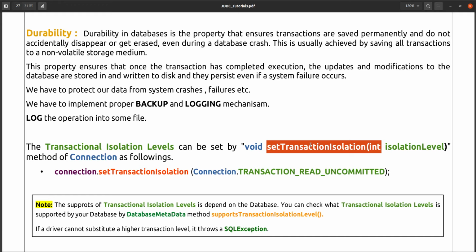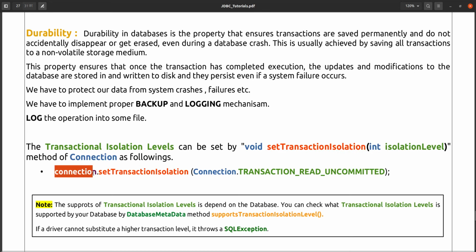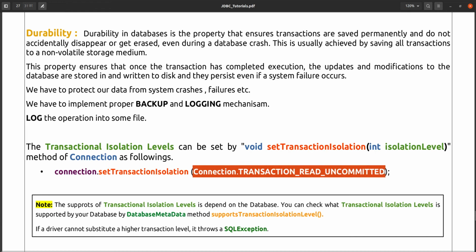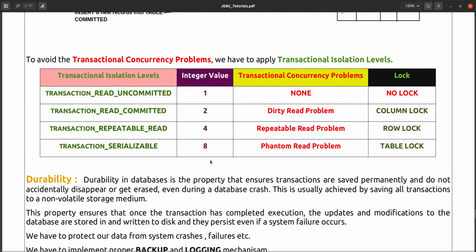How can we set the transactional isolation level? We already have this connection from DriverManager.getConnection. We are getting the database connection object. On top of that connection only you can apply setTransactionIsolation, and here you have to pass an integer number, which one? 1, 2, 4, 8.